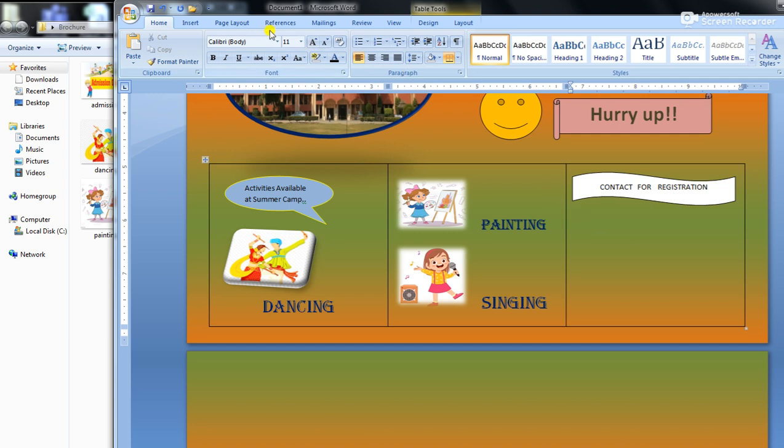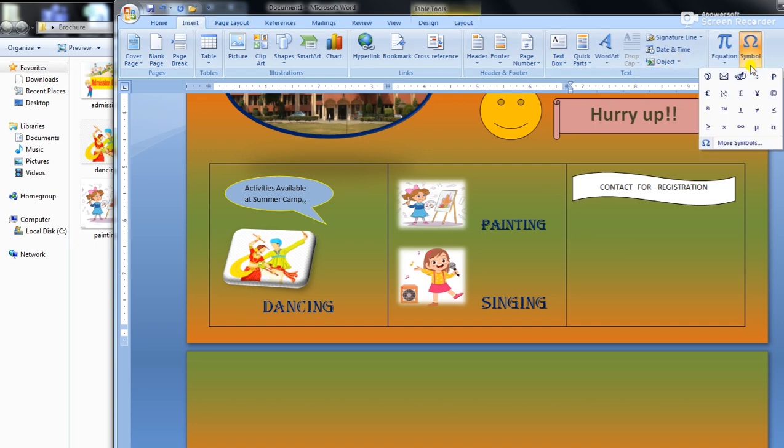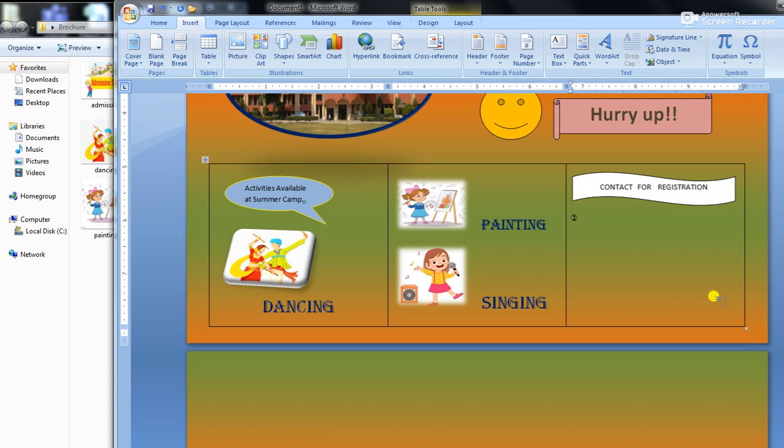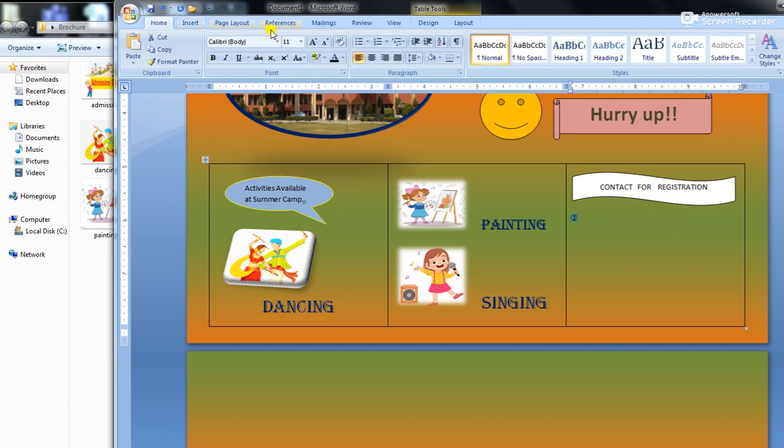And if I want to give the information contact for registration, and you need to click on insert and click on the symbol. Now more symbol options. So make sure that you are using the Wingdings, right? On the Wingdings there are so many options. So click on the Wingdings, and there this phone icon is available. Either you can click on insert and close. So it is here. Actually the size is very small. So what you can do is you can select this particular icon only, click on home and increase the size as much as you want,